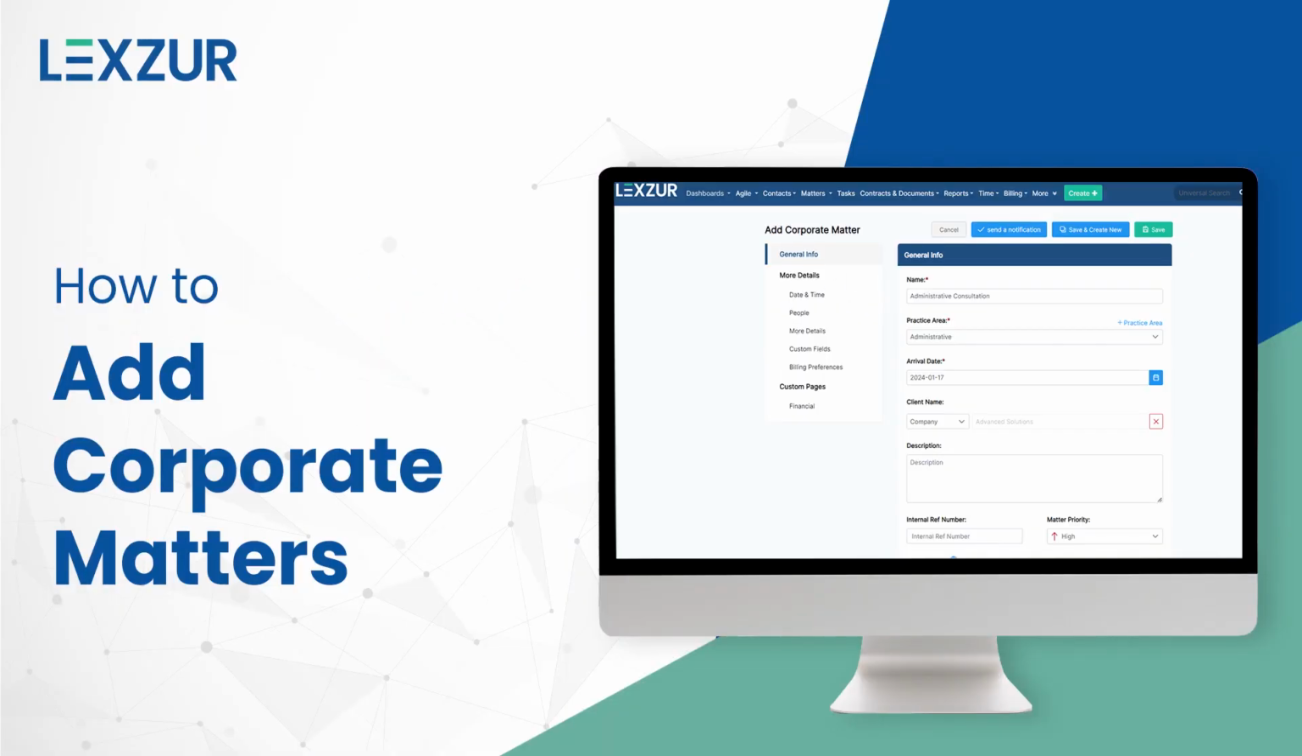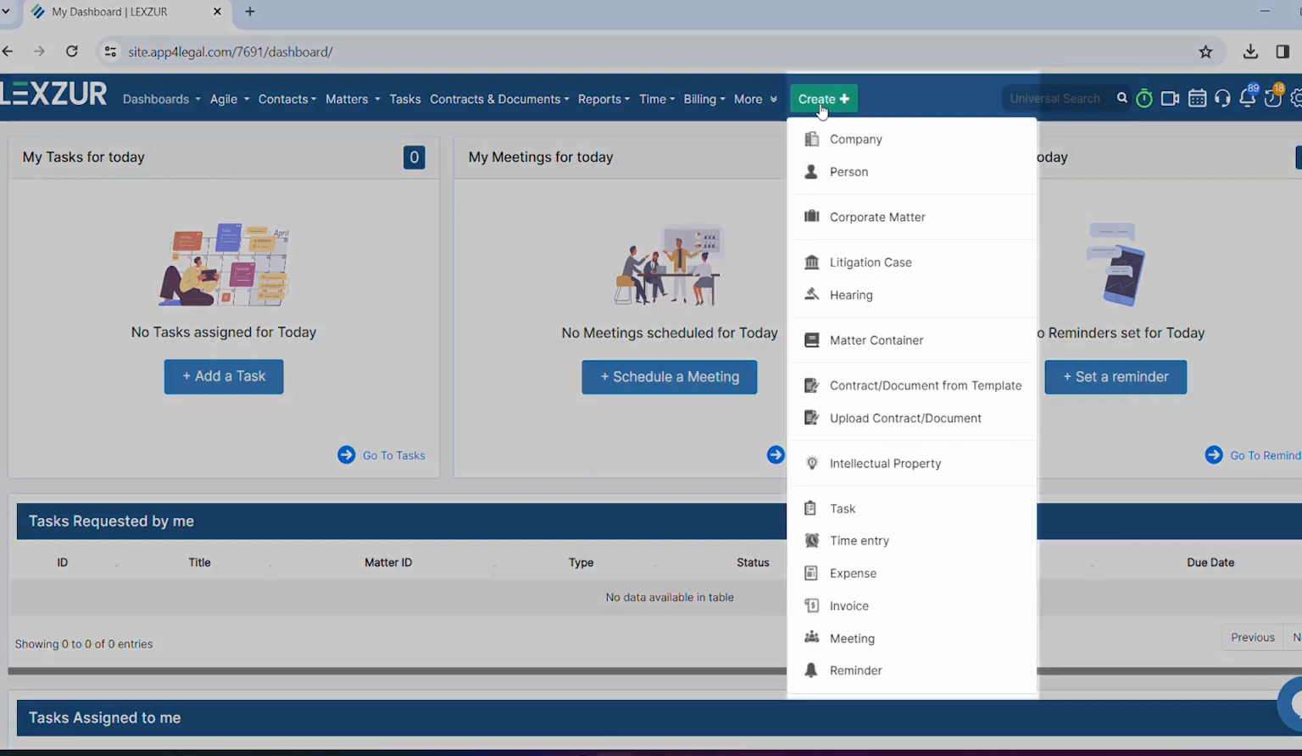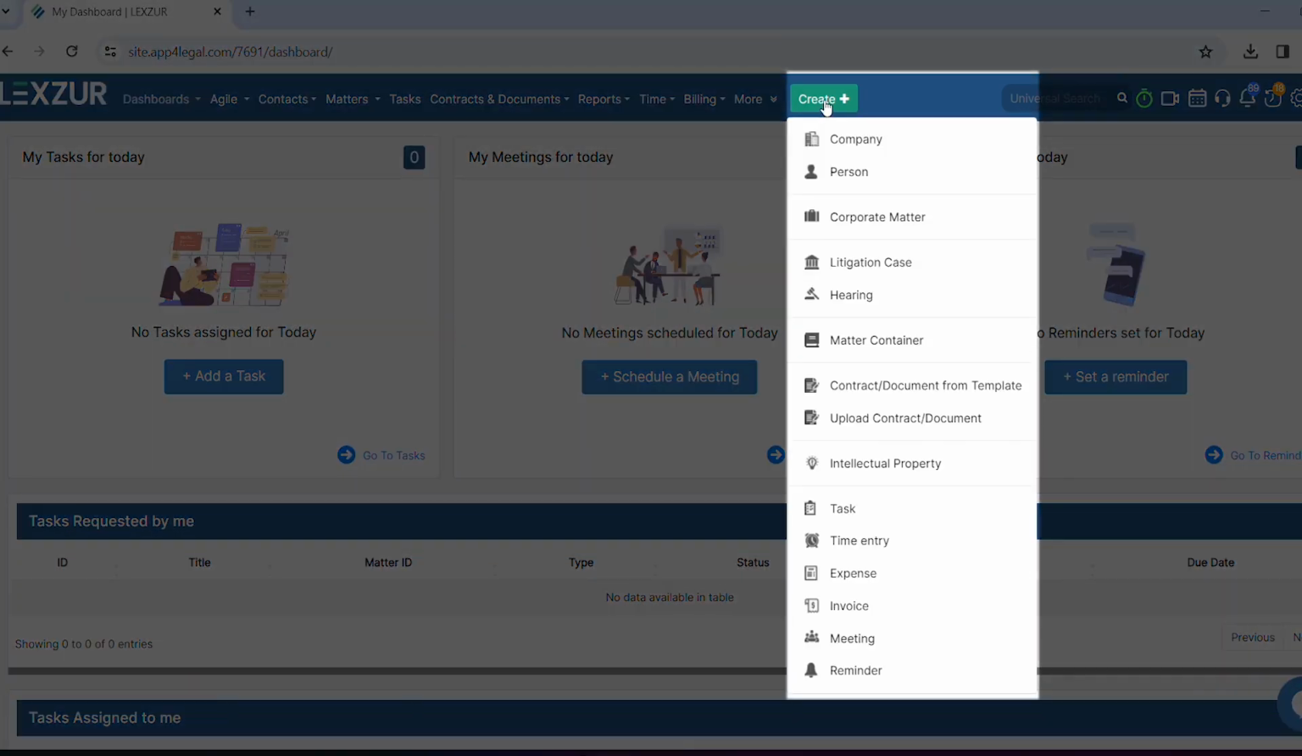Hi. In this video, we will guide you through the process of adding corporate matters in Lexzur. When a client's request comes in, the initial step is to add it to the database. This starts with a simple click on the Quick Create button located on the navigation menu, followed by selecting Corporate